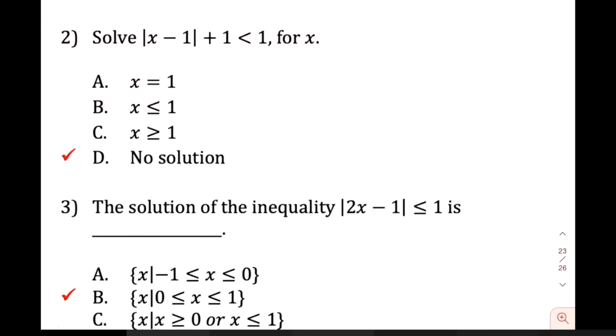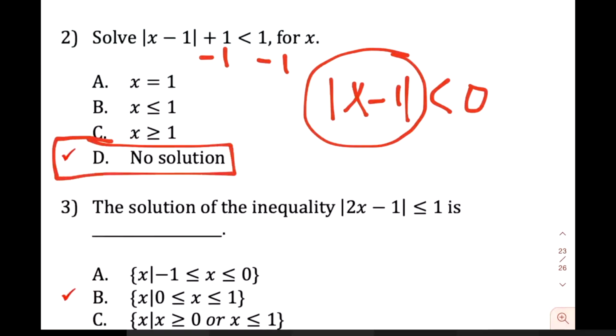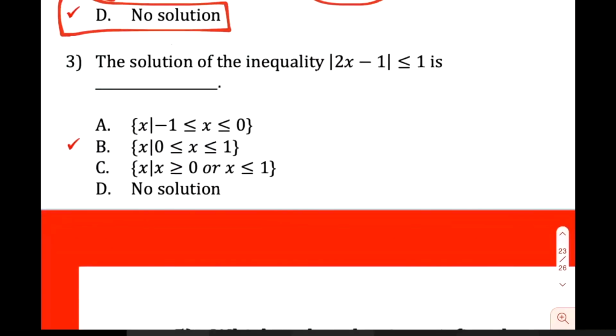In this one, subtract 1 from each side. You get absolute value of x minus 1 less than 0, which is impossible. Absolute value is always positive. And that's why no solution. Okay, very easy questions. It doesn't take too much time. You just need to start the first step and then look at it. If it is negative, it's no solution. In this one,